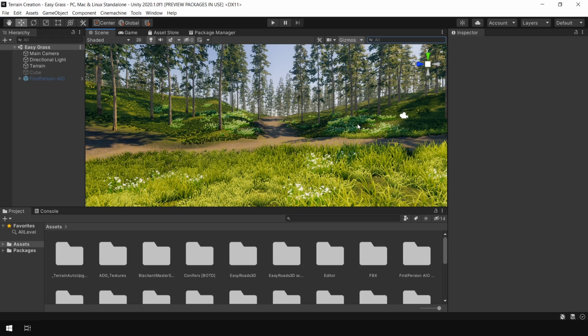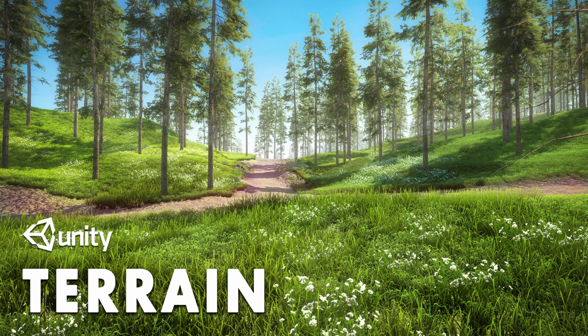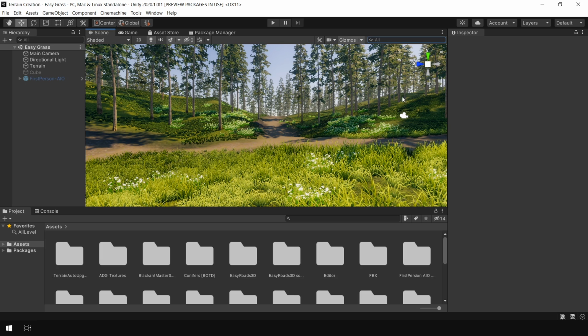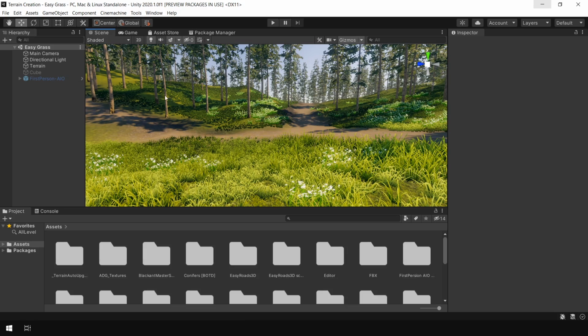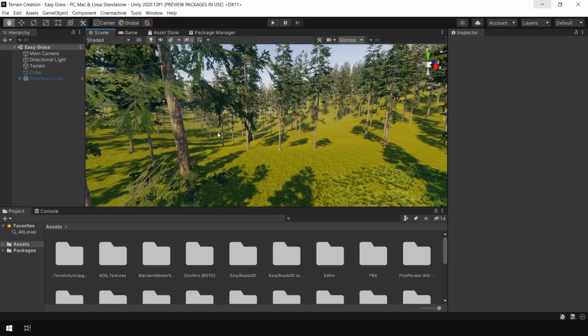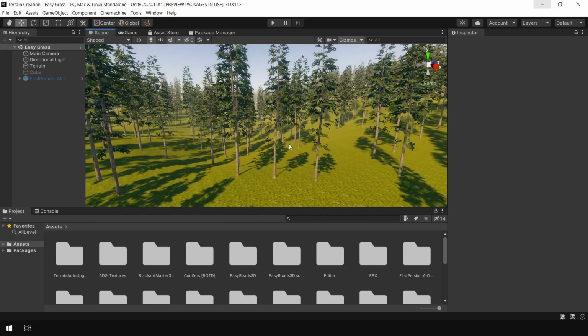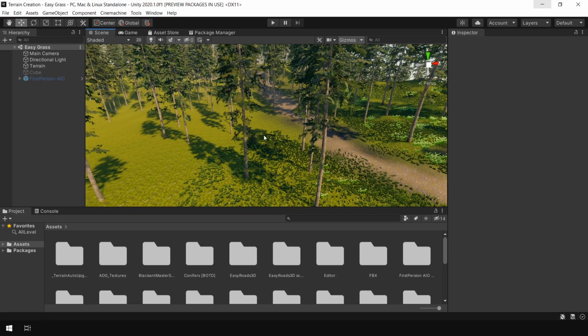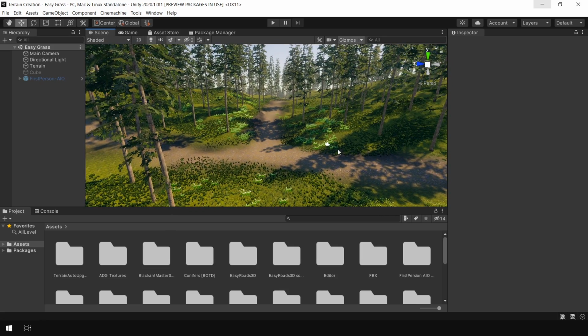As you can see, this is the same Unity project which I used in my previous Unity terrain tutorial. If you haven't watched the video, click on the I button or go to the link in the description. As you can see, the grass is only scattered on this part of the terrain. The rest of the terrain is empty, because scattering grass manually on the terrain is a really painful and time-consuming process. And the same thing applies to the trees. So this time, I will remove the grass and trees and use Vegetation Spawner to quickly scatter grass and trees